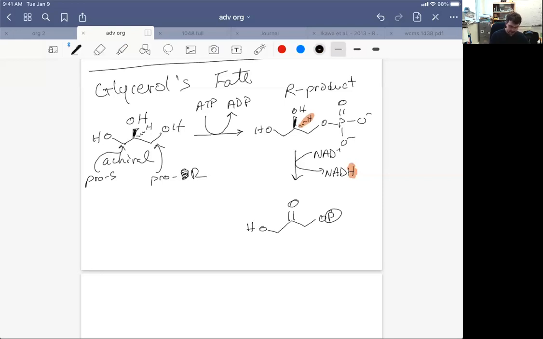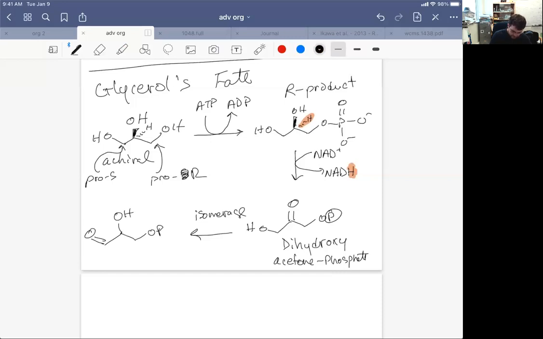Okay, and this is dihydroxyacetone phosphate. And I always think this pathway is just super cool because what happens then is this engages in an isomerase to flip positions of the alcohol and the aldehyde. And now this reacts via aldol reactions